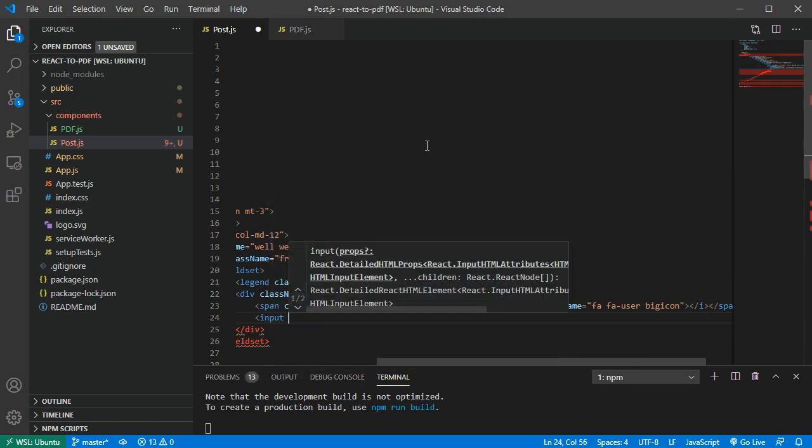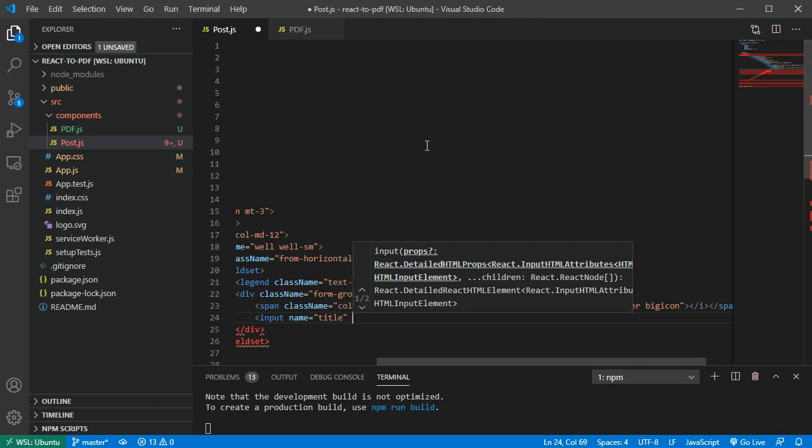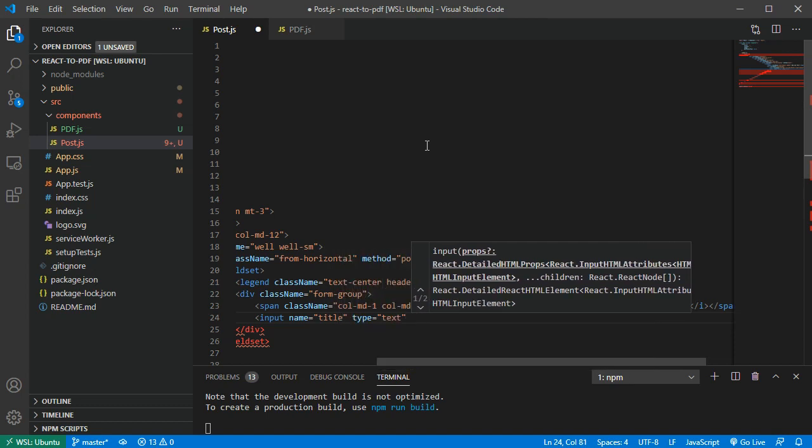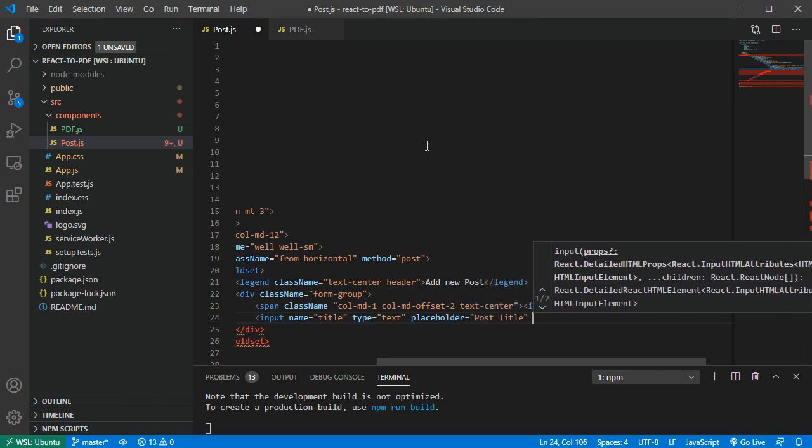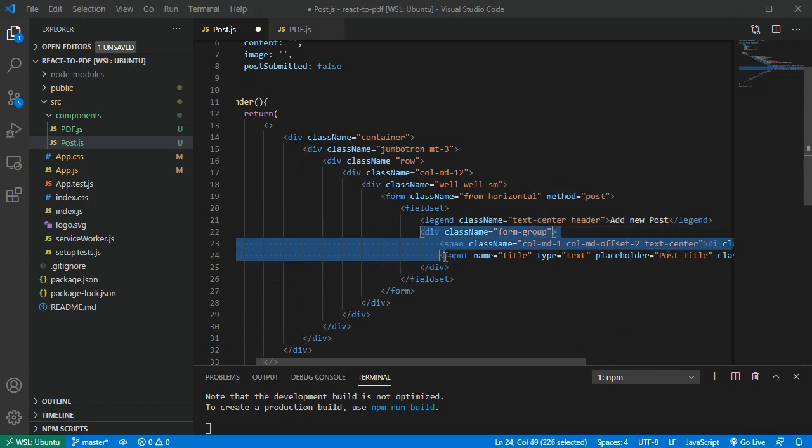So we have input, name title, type text, placeholder is going to be post title, className is going to be form-control. So we have form-control, and we'll just close it here. So from here to here, this is one field, and let's copy this stuff